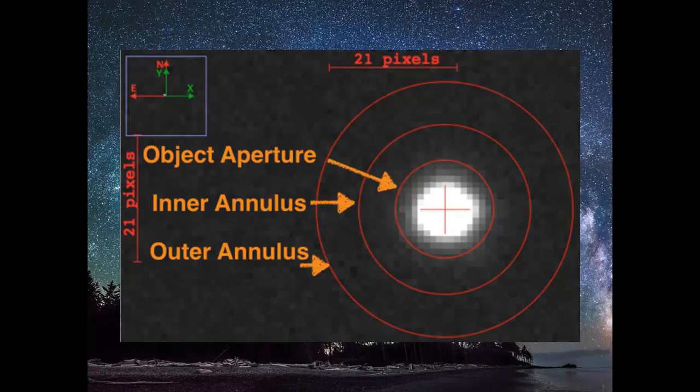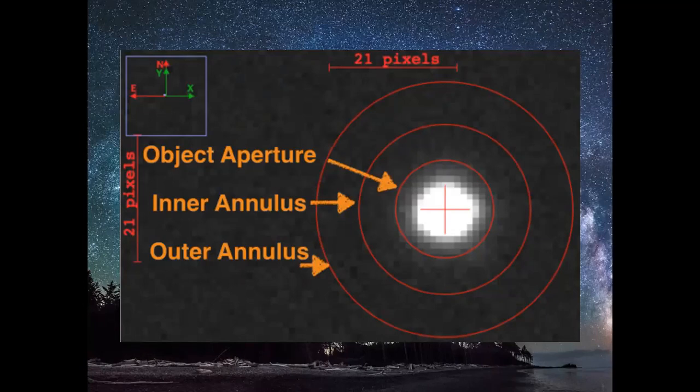The radius of the inner annulus will be somewhere around 2 times your aperture radius, and the outer annulus will be 3 times your aperture radius. You can make a choice in this way. The choice can be made any way you want, but ideally you can take it this way. Don't take it very big, otherwise the sky annulus will take in some unwanted regions, which are not even contributing to your image noise.